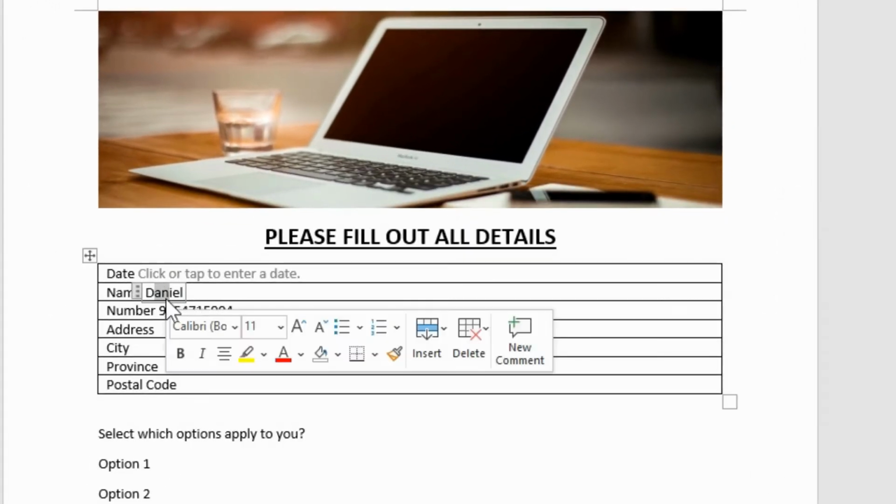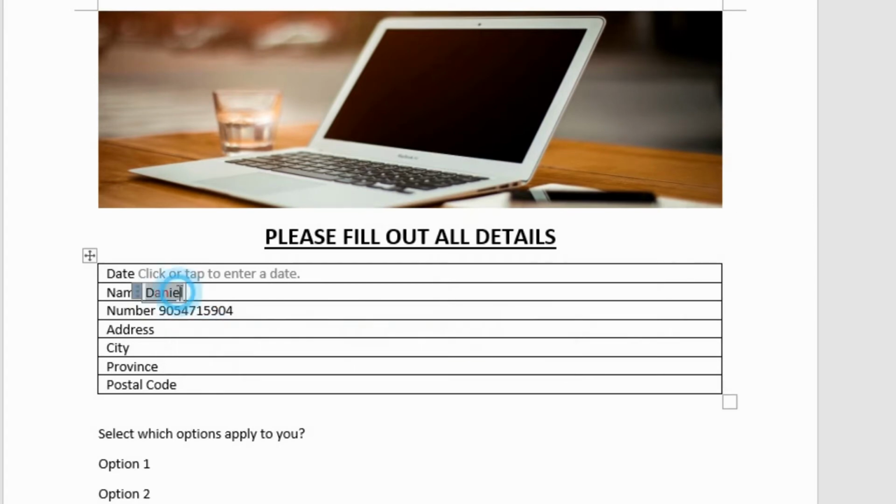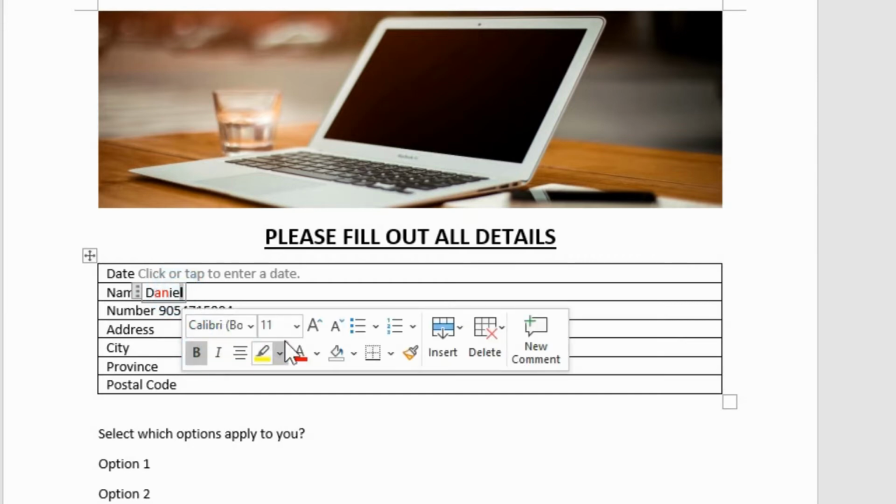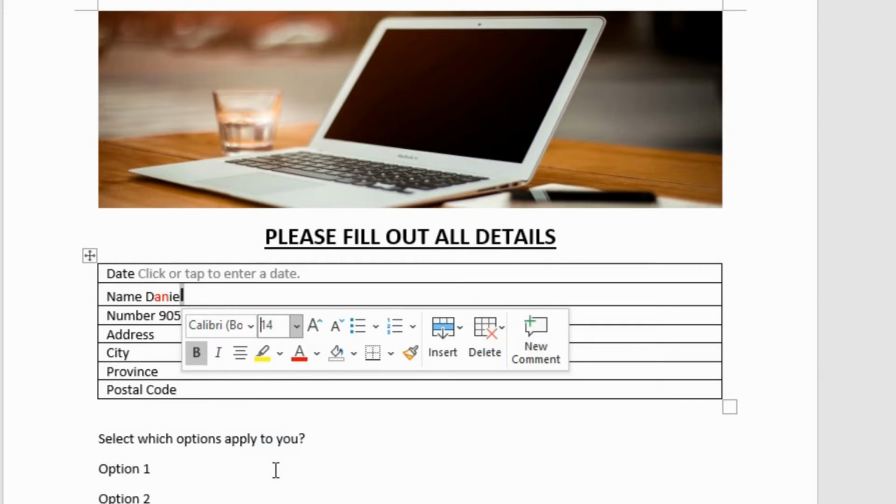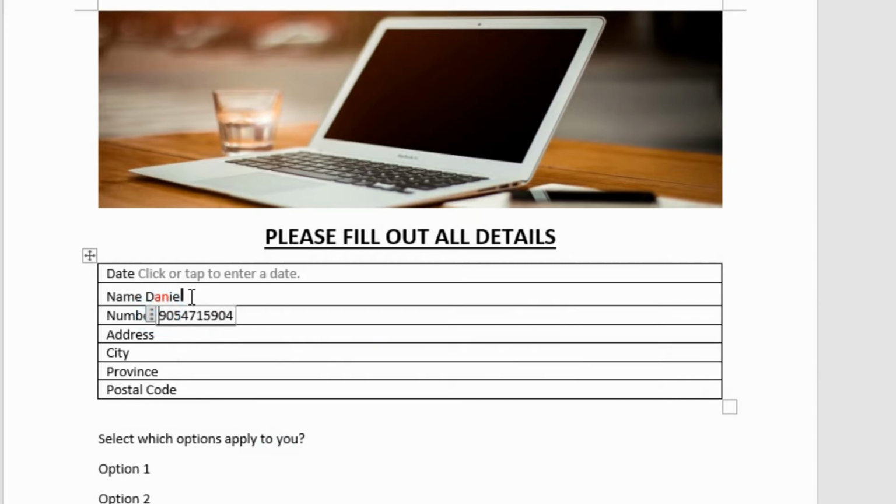So I fill in the information here and it looks like it's all the same, but if I go in here I can make some changes to part of this. You can see that I can modify the individual parts of the text.